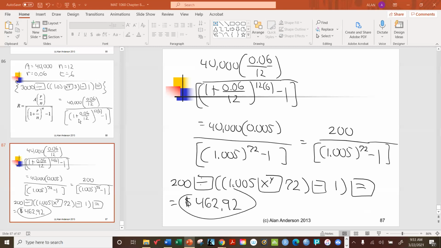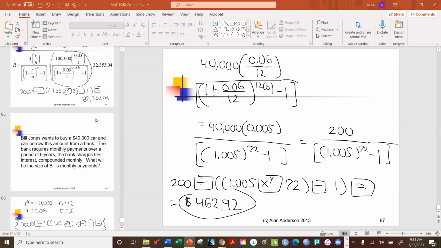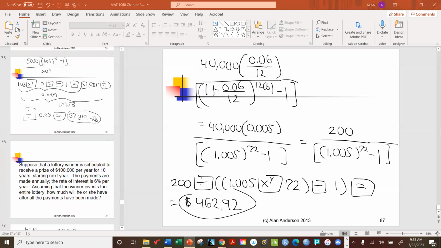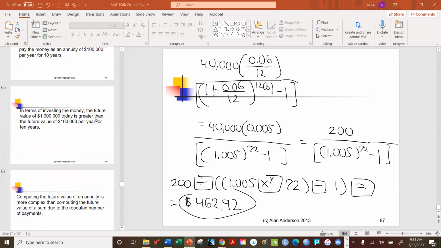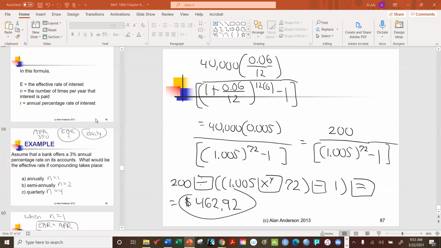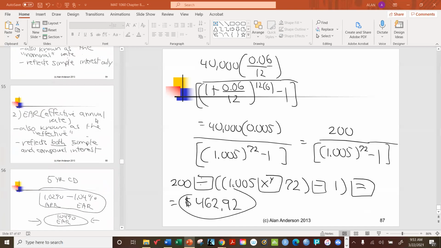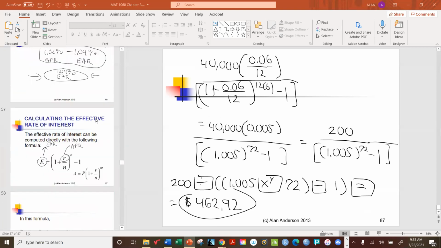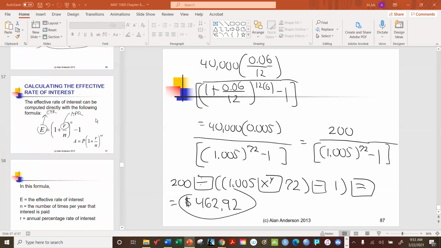All right, so I think we don't really have time to do any more of these, and plus everyone's getting a little worn out, I think. Now I did realize only afterwards that I went out of order slightly. The next and final topic in this chapter is effective versus annual rate of interest. That's a fairly quick topic. We'll pick that one off next time, and we also have a short video to go with that one. So we'll save that for